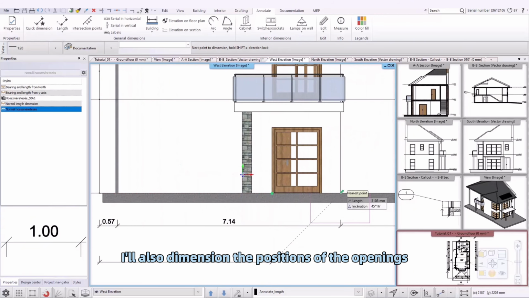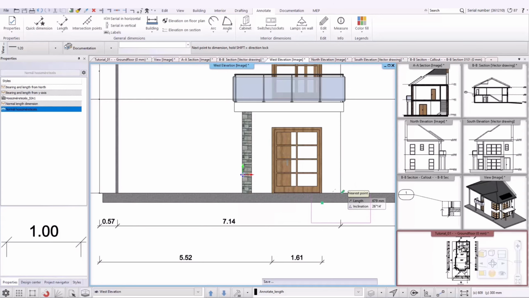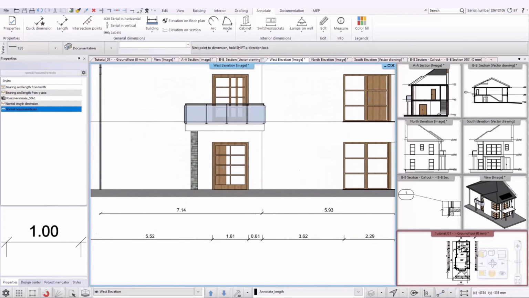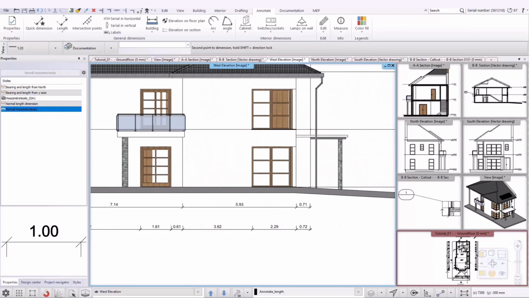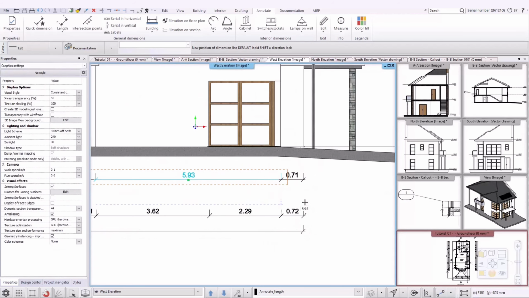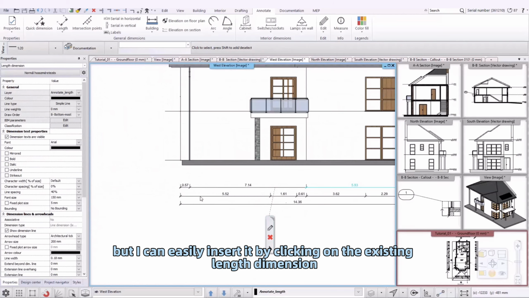I'll also dimension the positions of the openings. With this, we're done. I missed one dimension, but I can easily insert it by clicking on the existing length